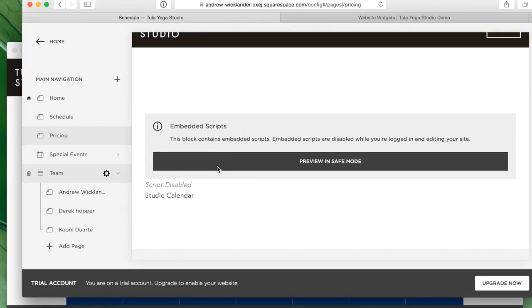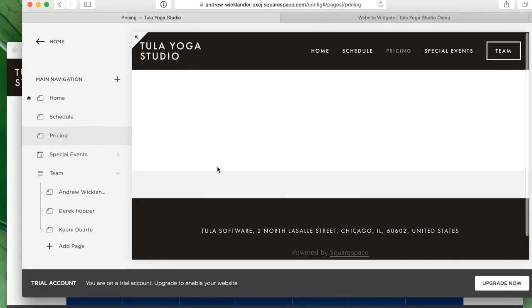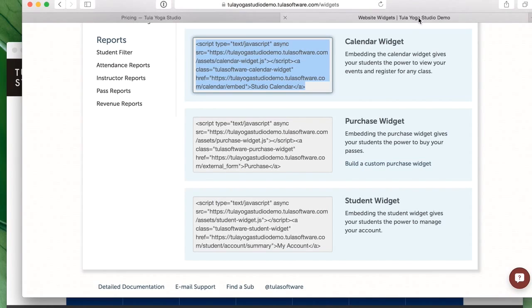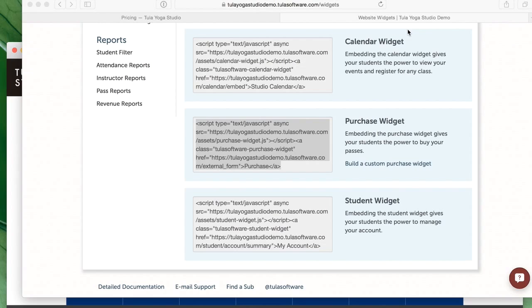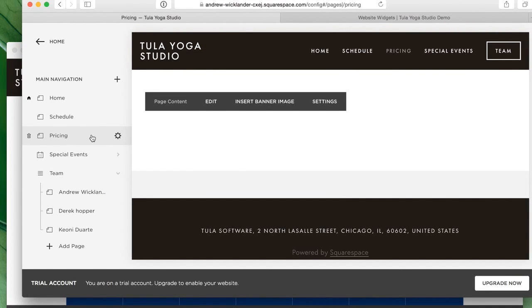Now my pricing page is where I'm going to want to put my online store, which will allow people to buy the passes that I sell. So if I take this purchase widget and I put it in my pricing page, which I'm going to do right now,